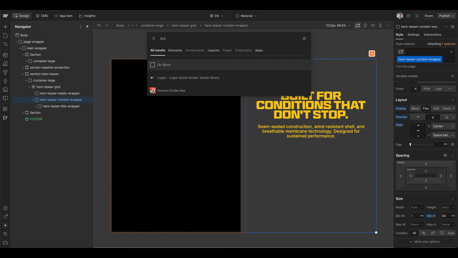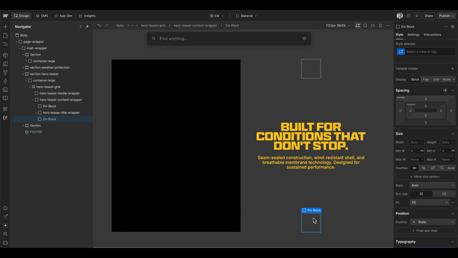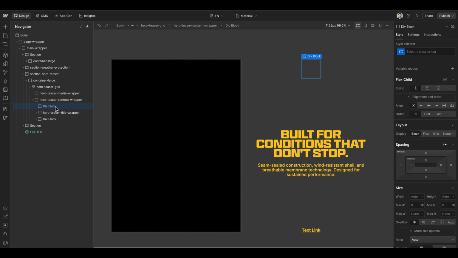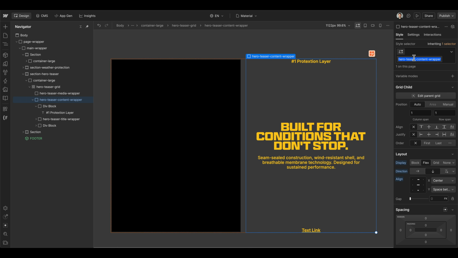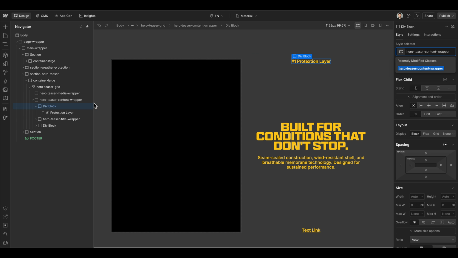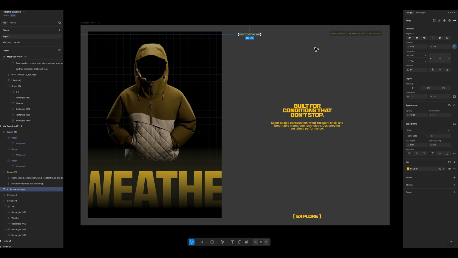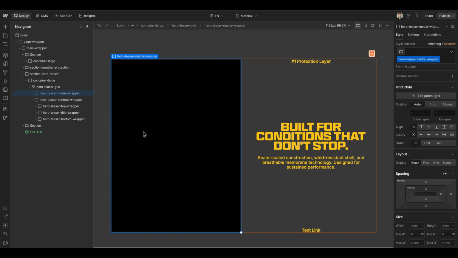So it's space between the elements. And in this case, we can use just 2 div elements. One is in the top and one in the bottom. Here we have later our link block element. And then on the top, we have just a text element for now. And then we can also give these div elements here a proper class. This one is our teaser top wrapper, and this one is then our maybe teaser bottom or end, whatever you want. And we can style all the elements here later, because I want to move on to the media side,